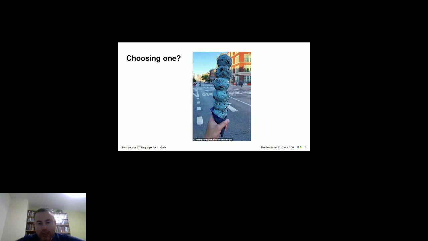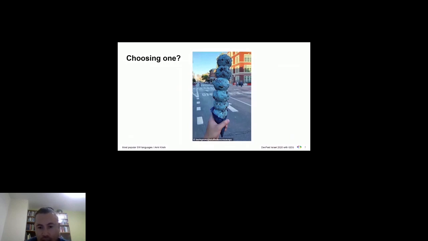So even after we pick a language, we still have choices to make, and the way to make choices would be in a way the same as picking a language. We have to understand the pros and cons. We have to understand what is better with a certain choice compared to another. One of the things which is important when picking a certain technology is to understand who is using it.